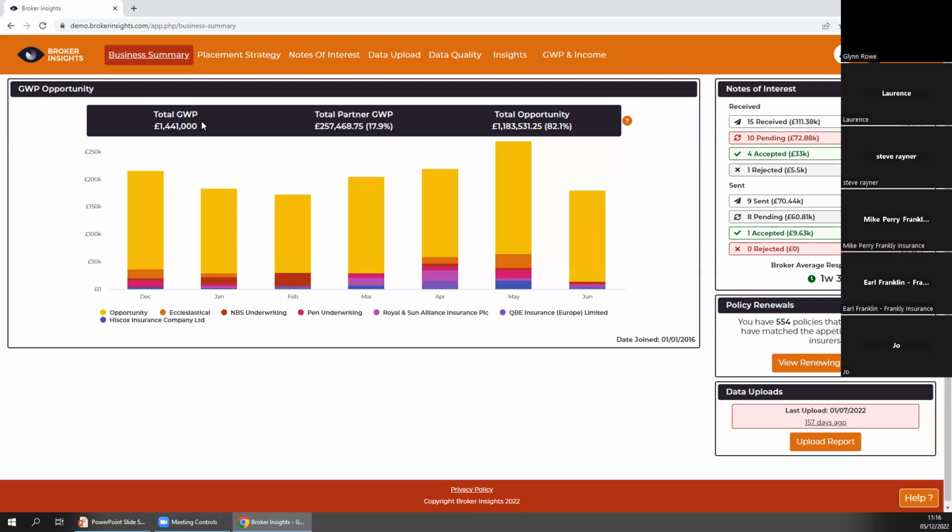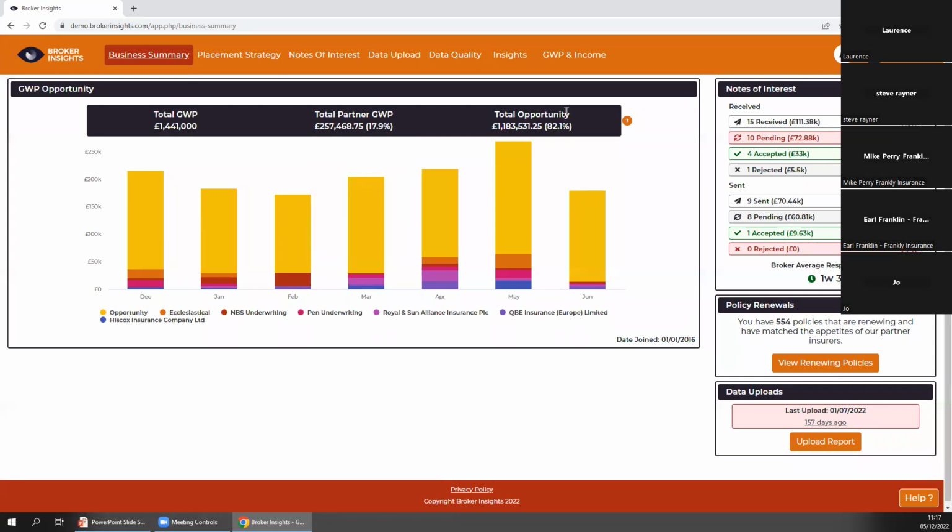And it then splits out in two ways. You've got the share of wallet with our partner insurers that you have an agency with. So ours is looking at 17.9% of that share is with those partner insurers, and then the opportunity. The opportunity represents policies placed in other markets elsewhere. The opportunity there is to look at rationalizing your agency base. Are you working with hundreds of different insurers? Is there an argument to try and bring some of those into preferred partner markets, strengthen some of those relationships a little bit? So the opportunity there is a bit of a key word.